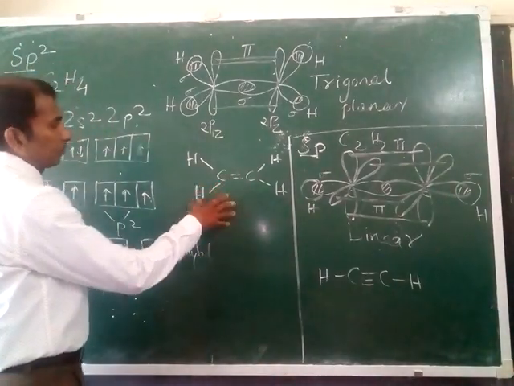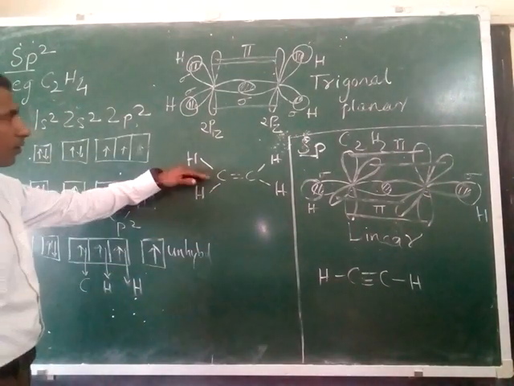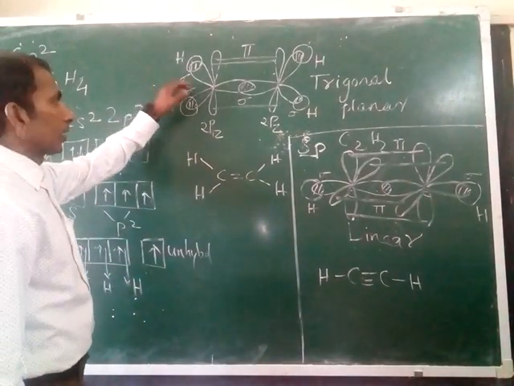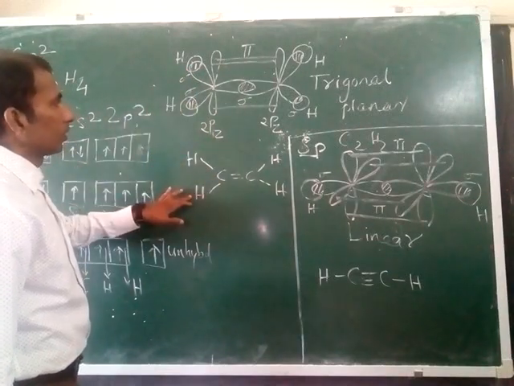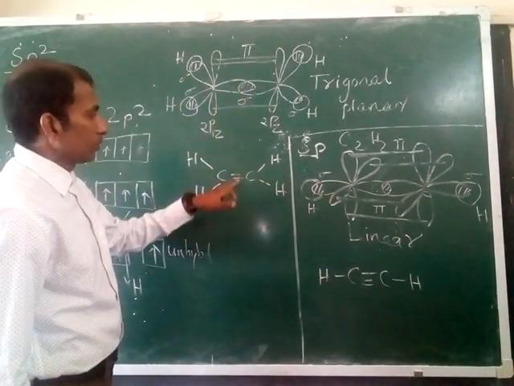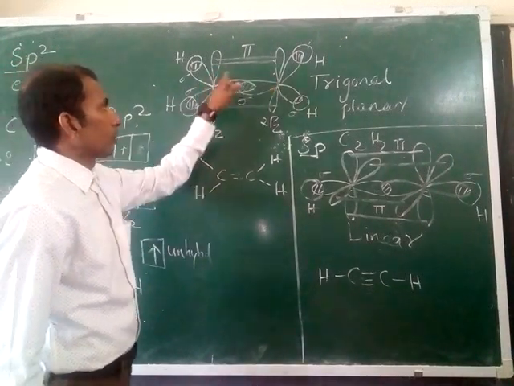And this is finally the structural formula for ethene that we have to match with the orbital diagram: carbon-carbon, 2 hydrogen atoms bonding on each carbon, carbon-carbon 1 bond, and this unhybridized orbital of both the carbon